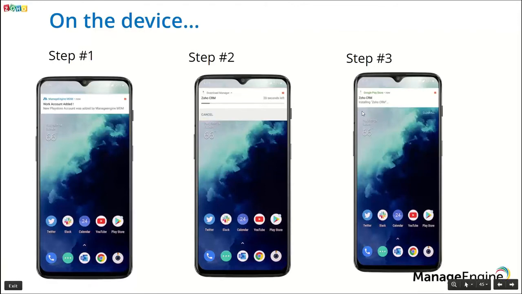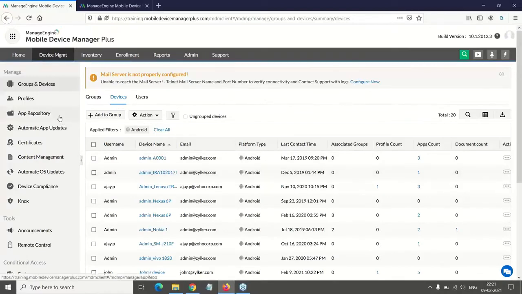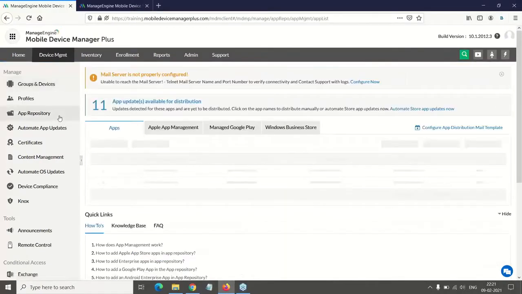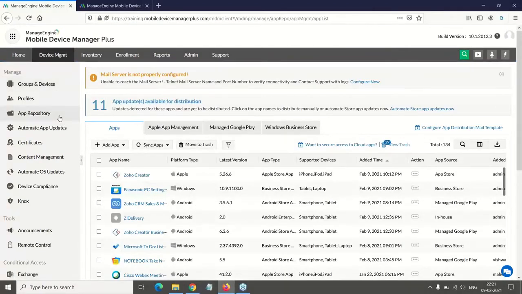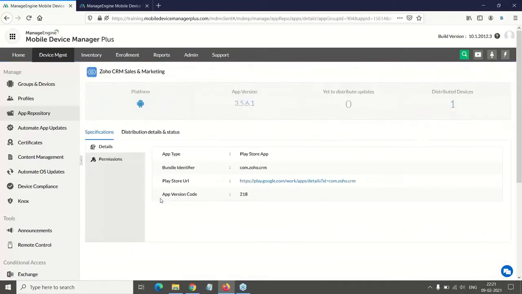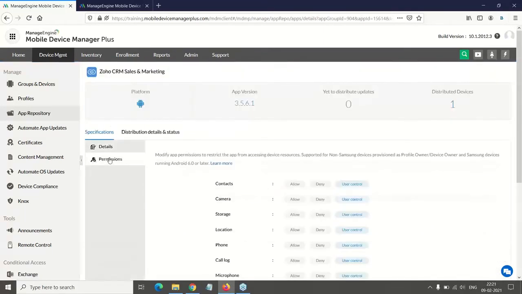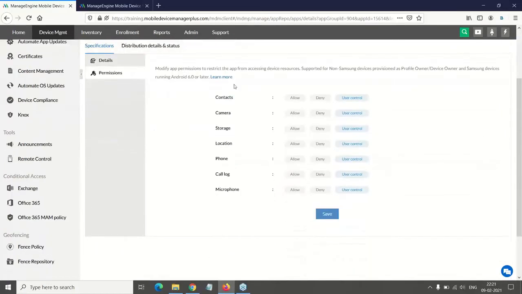One important advantage when you use managed Google Play is that you will have the option to configure the application permissions remotely. For example, on the Zoho CRM app that we have approved now, you can just choose the application and you will find a column named permissions. You can move there and configure the required preferences.